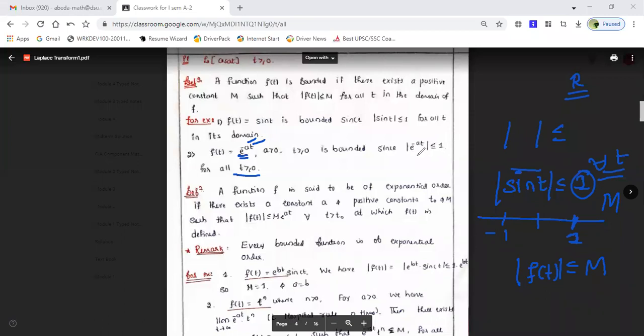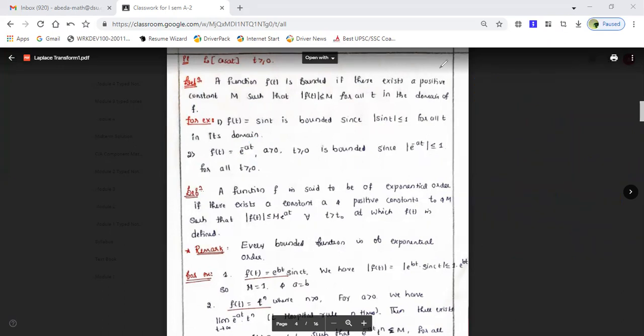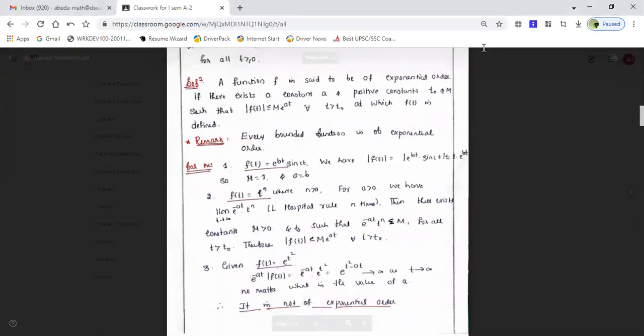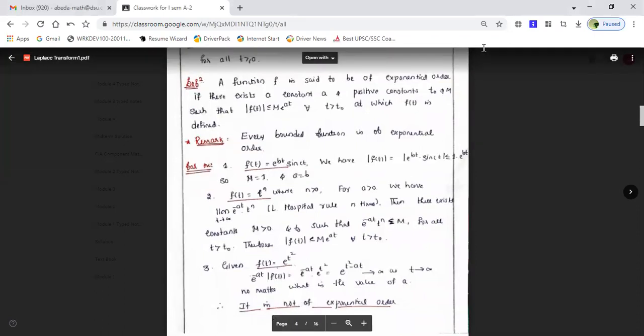So bounded function means what? A function for which there is some positive value such that, say, the modulus of f of t is less than or equal to that positive number. I have given the examples here: sine function and exponential functions. These are bounded functions. Now, among the bounded functions, we are interested in something called exponential order. Exponential order is also a bounded function only, but it is not only a real number, the exponential function is also required for it.